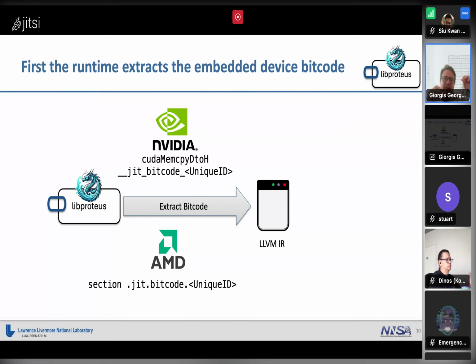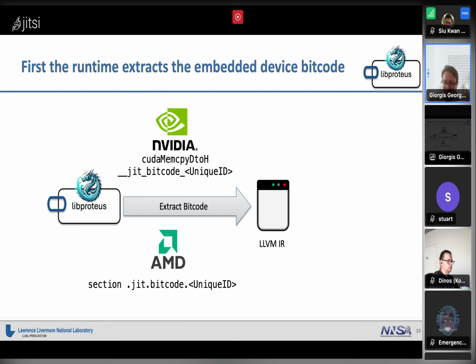Through CUDA, we basically do a memcpy for the global variable that stores this code, uniquely named using the unique ID, and we memcpy the bit code from the device to the host and start to operate on that. For the AMD case, we basically look at the section